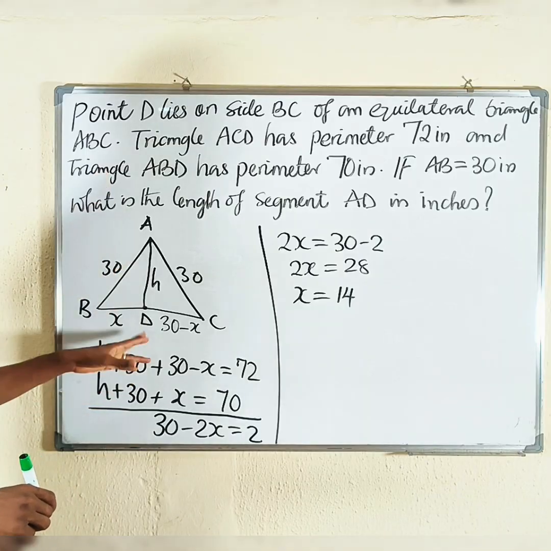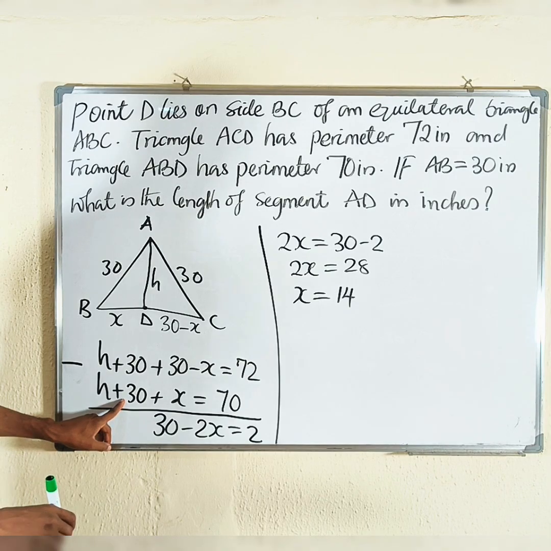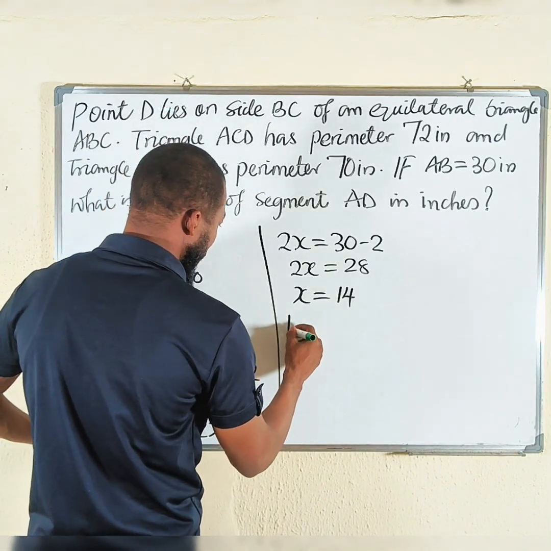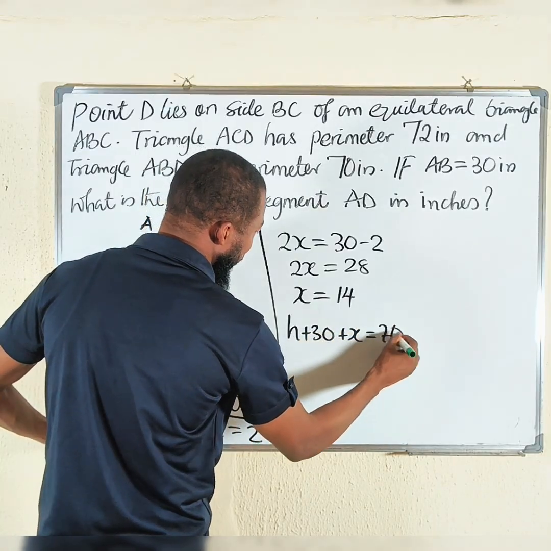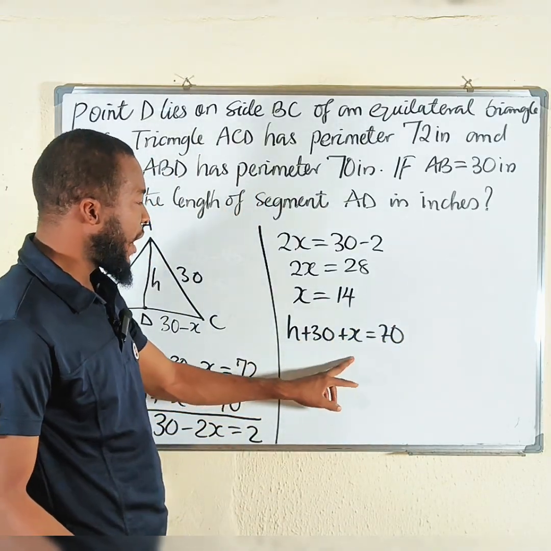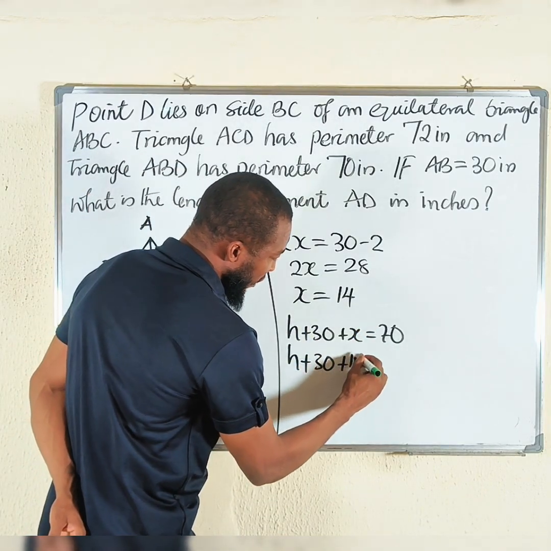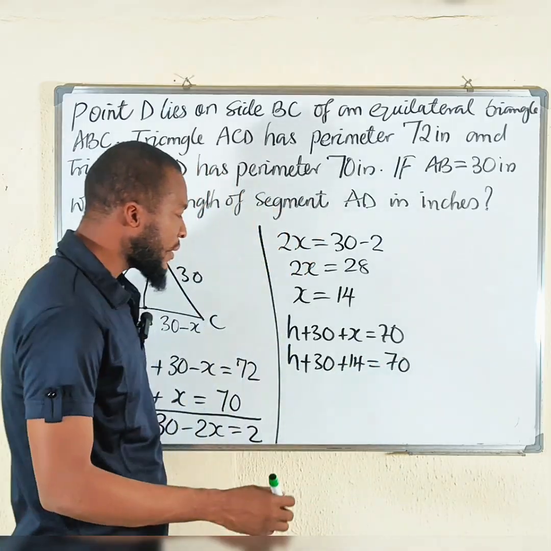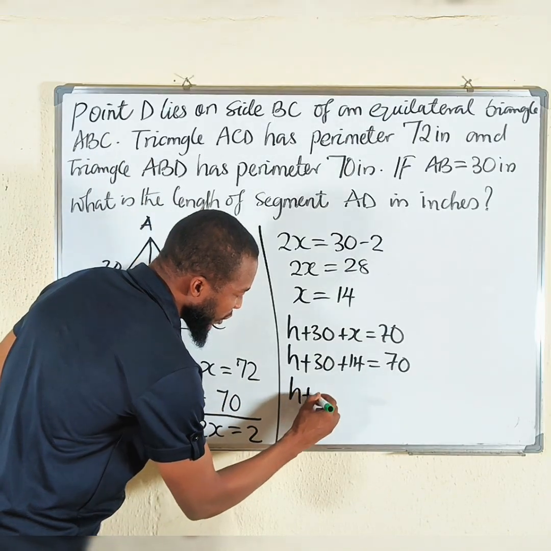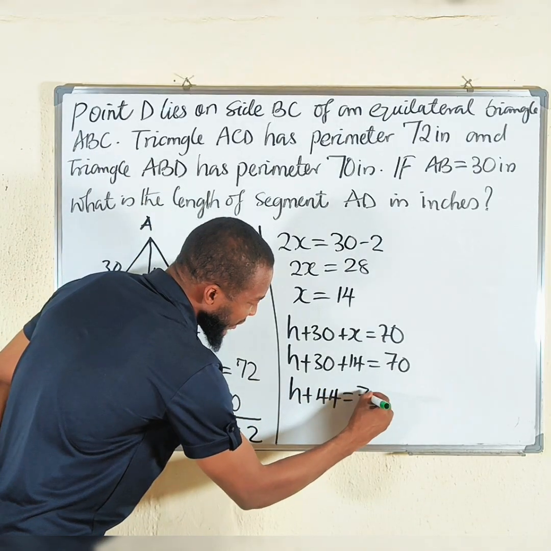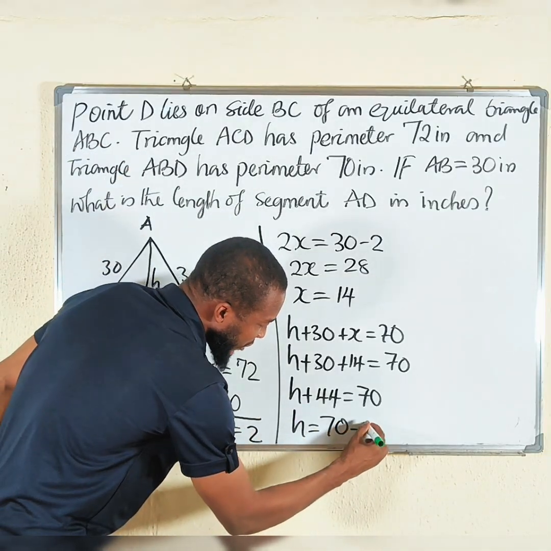We are looking for this H, which is segment AD. We can use this equation, right? We have seen that H plus 30 plus X is equal to 70, right? From this second equation. But X is already 14, so you have H plus 30 plus 14 equals 70. 30 plus 14 will give us 44. So H plus 44 is equal to 70. Then finally, H is equal to 70 minus 44,